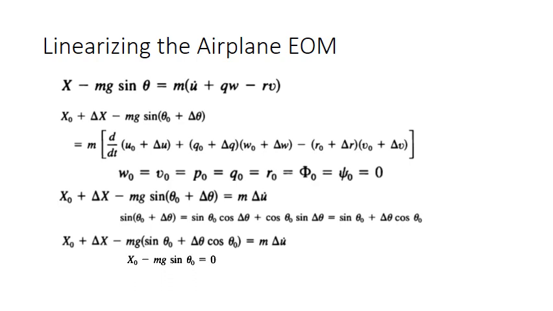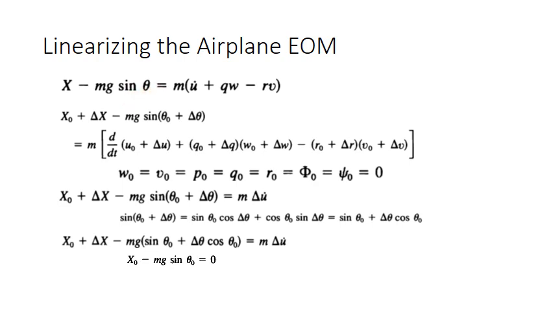So, this is the steady-state equation: X naught minus mg sine theta naught equals 0. Because the original equation is that one, so when replacing each variable in the original nonlinear differential equation, this X will be X naught, and this theta will be theta naught,